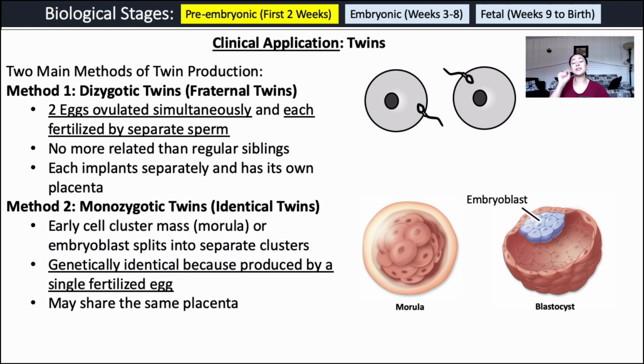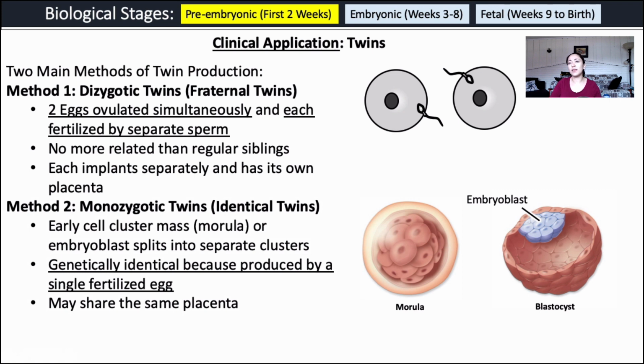This occurs because the early cell cluster, the morula here, or the embryoblast, actually splits into 2 separate clusters of cells, and each one develops into its own individual. Because monozygotic twins are derived from a single fertilized egg, from a single sperm and a single egg fusing, they are genetically identical to each other. It's so interesting to think that each one of these cells theoretically could grow into a separate individual at these early stages of development. In the case of monozygotic twins, they may share the same placenta or they may have